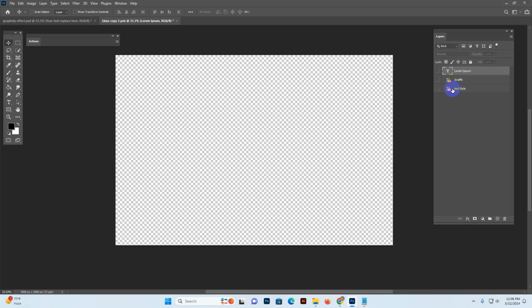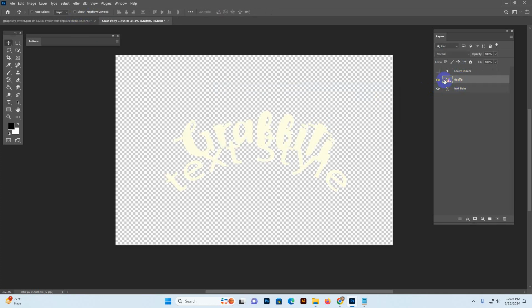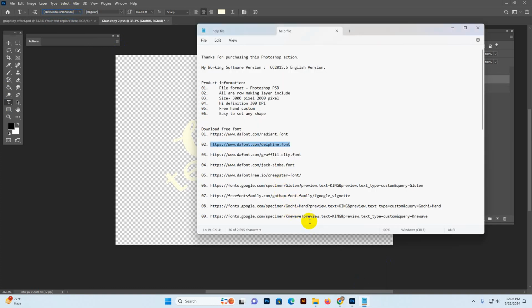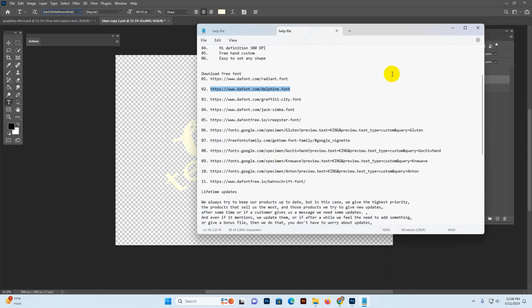I show you my text setting. Now I show you later, this is my text, and you need to replace the text there, and if you want the same text, so select the text type tool, and this is the font name. You can copy. Also there is this font's download link included. So I just